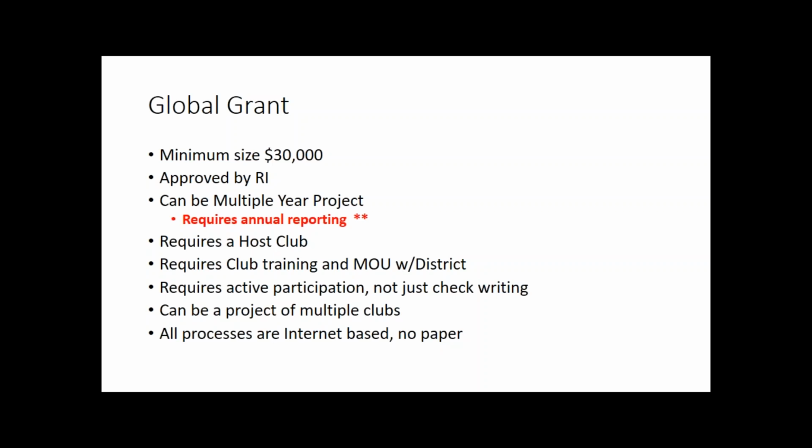All processes are internet-based. There's no paper involved. So when you're going through the process, it isn't that difficult because it gives you a series of lines, and as soon as you've finished one line, you go on to the next line, right? And the color changes from gray to blue. So you know when you're finished: blue, blue, blue, blue, all the way down, then it comes to submit, right? Press the submit button.